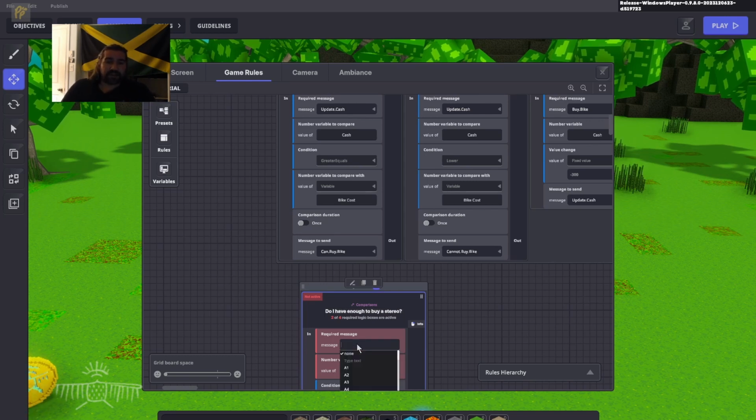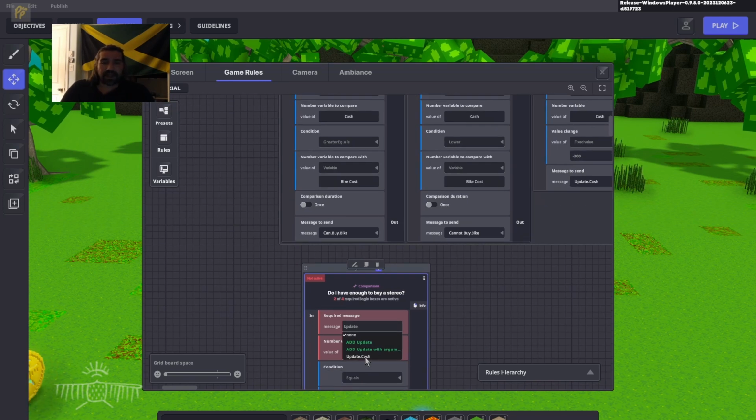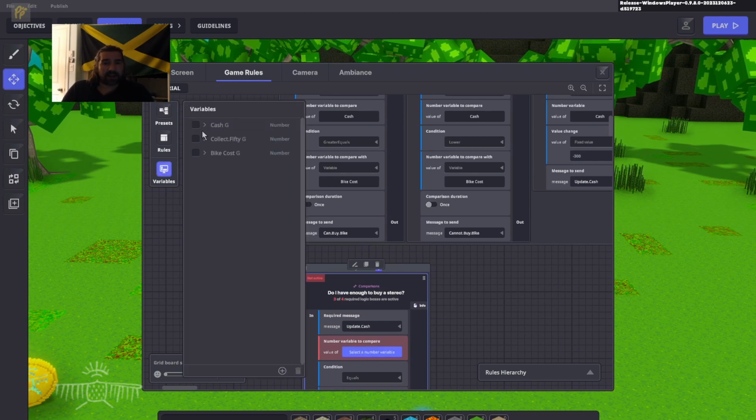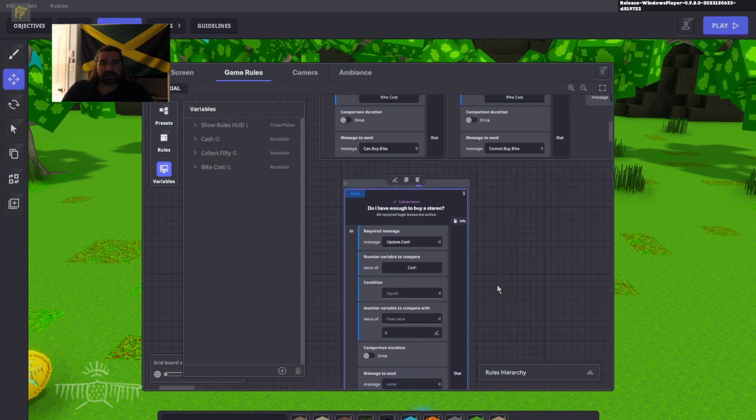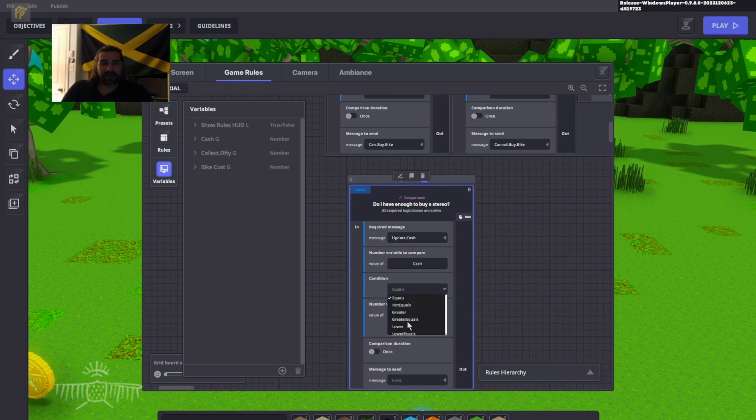All right, so the first thing we need to do again is always update our cash. And we are comparing the variable that we're going to generate against our cash. So this is our cash flow, so we've been earning money. And what we need to do is, again, determine whether or not we have greater or equal the amount of money to the cost of our stereo. And before we could use a fixed value of 100, but because I exposed the bike cost to the heads-up display, I'm going to do the same thing for